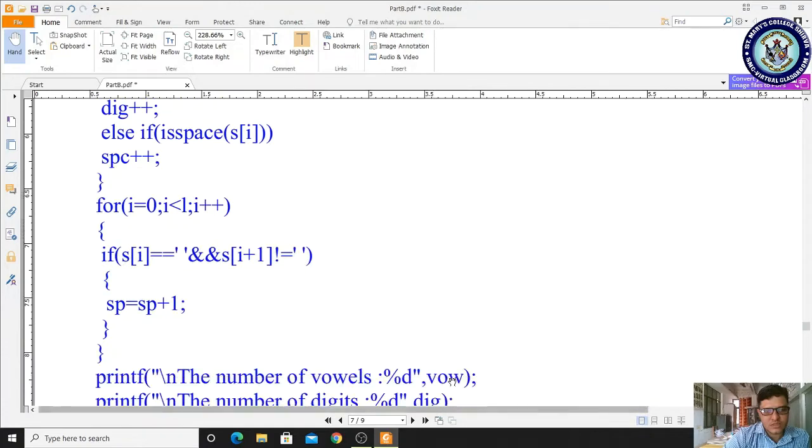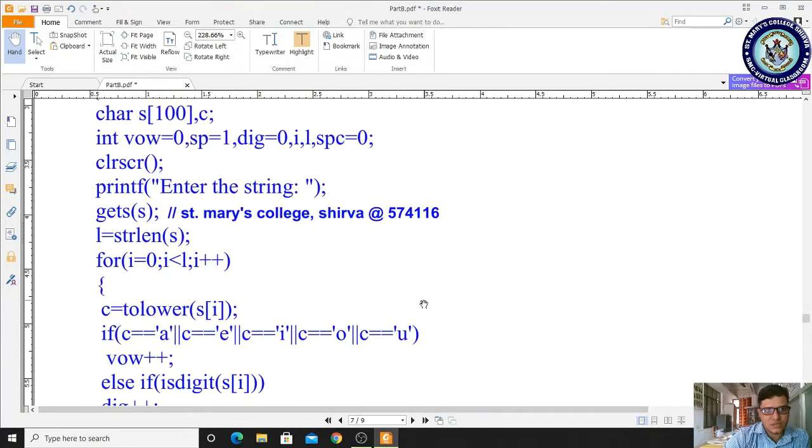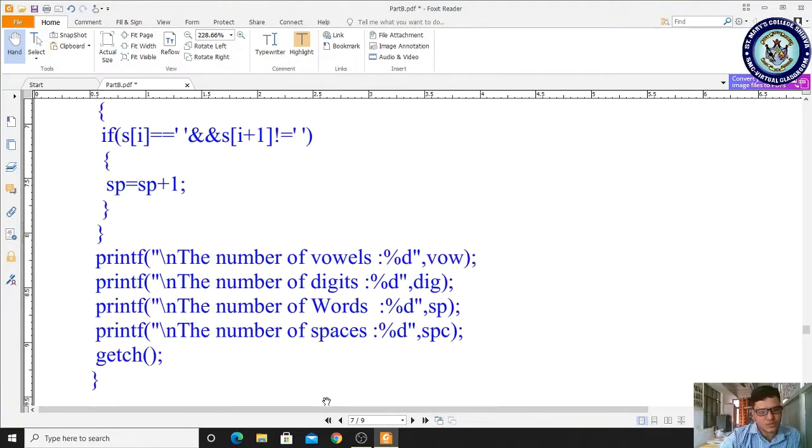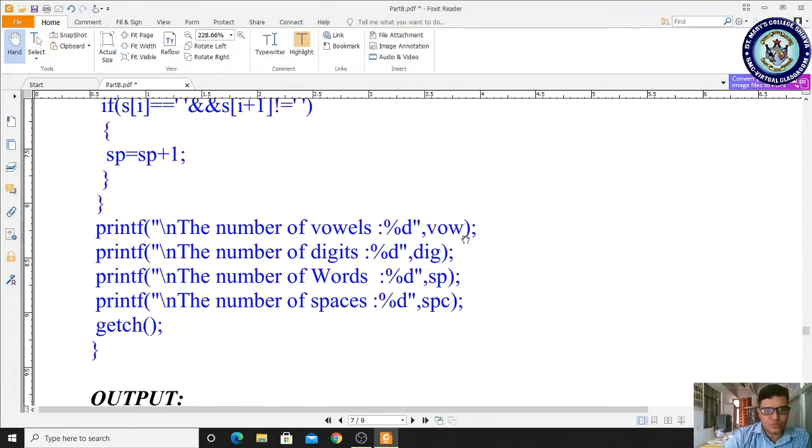Yes, 6 digits and spaces. We want to identify 1 2 4 5, 5 spaces, and number of words 1 2 3 4 5 6, 6 words are present. Okay, so whatever values we have stored, will be displayed here.